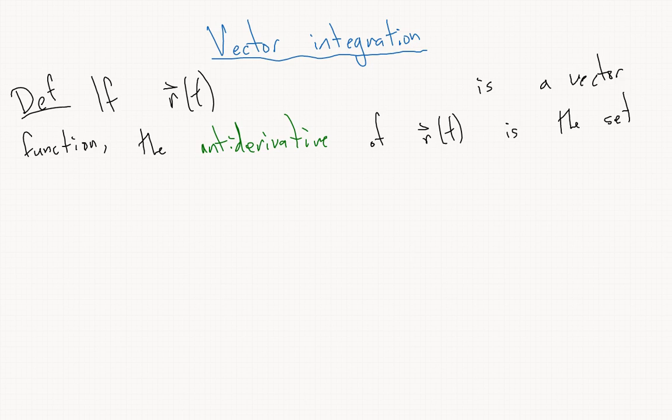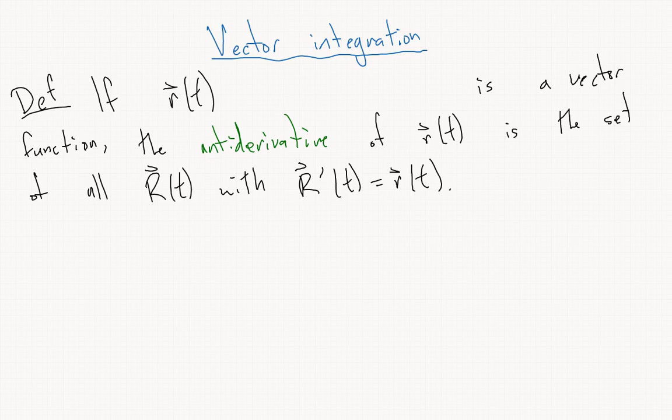T is the set. So just as with ordinary antidifferentiation, there's going to be more than one, of all R of t with big R prime of t equals r of t. So if r of t is equal to